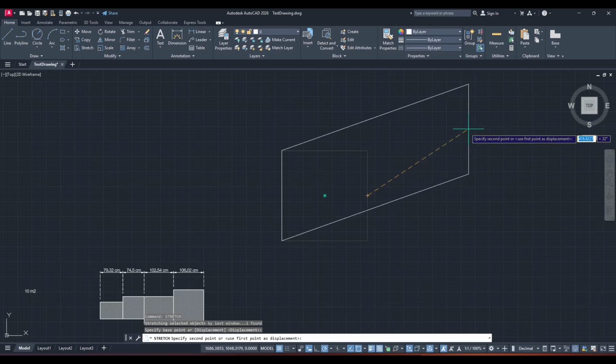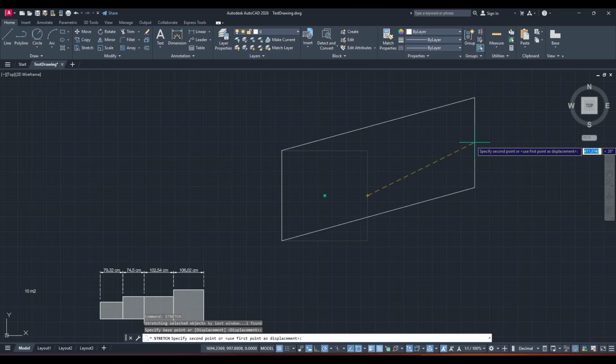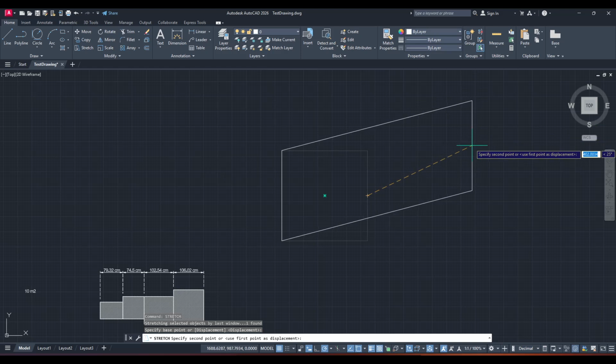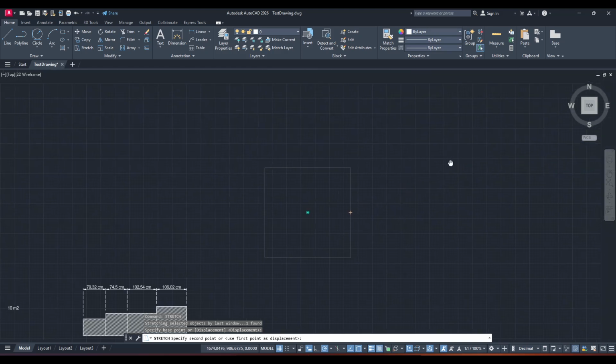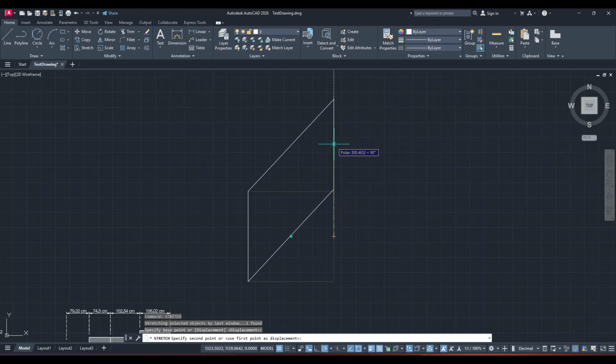When you click to accept the new position or confirm the typed value, AutoCAD applies the stretch, and there you go. That's all. Your geometry updates immediately, maintaining connections and relationships wherever possible. If the result isn't what you expected, simply undo and try a more focused selection or a different base point